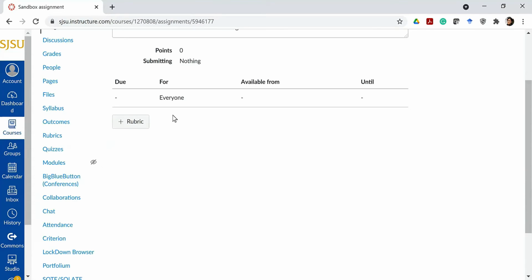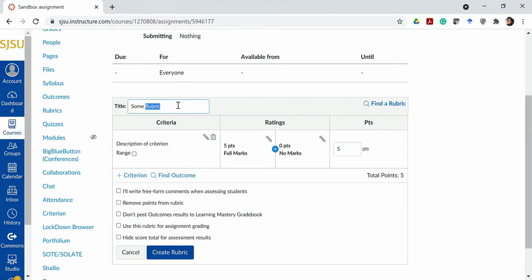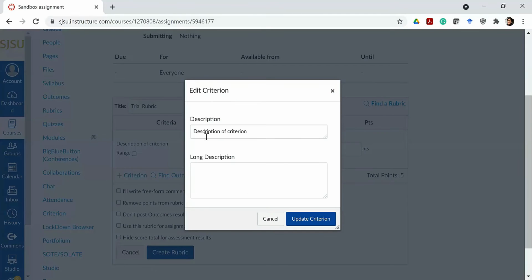Once the assignment is set, you can add a rubric by clicking plus rubric at the bottom of the assignment. For the rubric, you can give a title so that you can find it. This is, let's say, trial rubric. Once you have this set of criteria and the points that you want to assign for each criterion, all you have to do is describe the criterion.